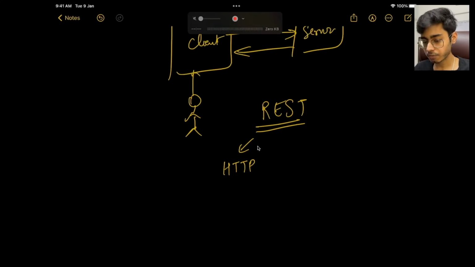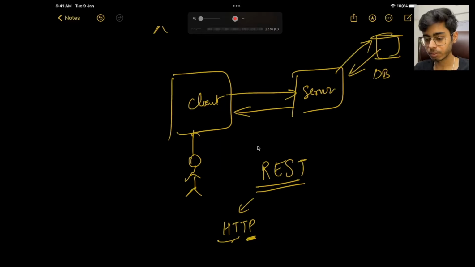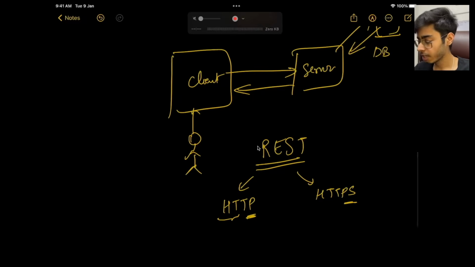Something is getting transferred, and for that transfer, we have defined a protocol. Protocol means a set of rules, and hypertext means some textual information is getting transferred from one place to another, but commonly it is client to server and server to client. Similarly, we have HTTPS, which is HTTP Secure, a more secure protocol for transferring the same hypertext.